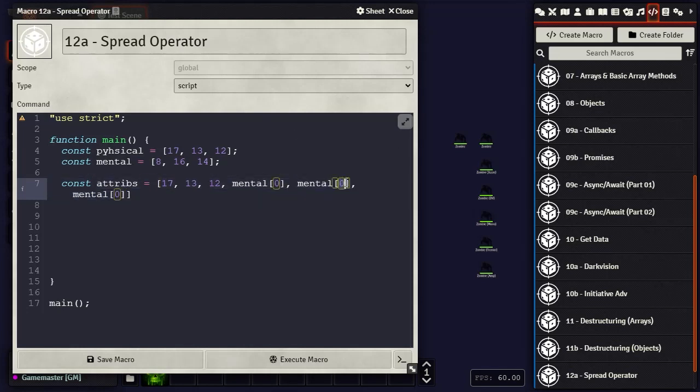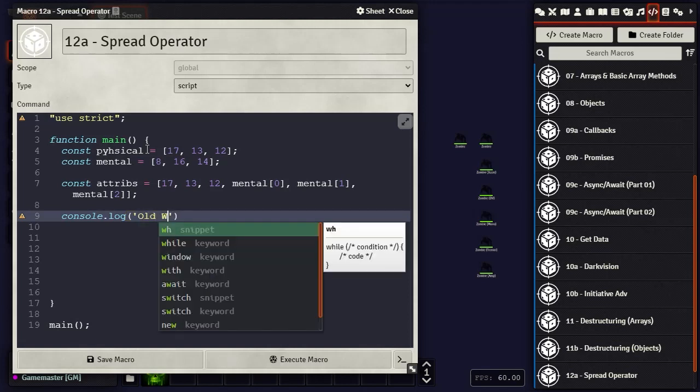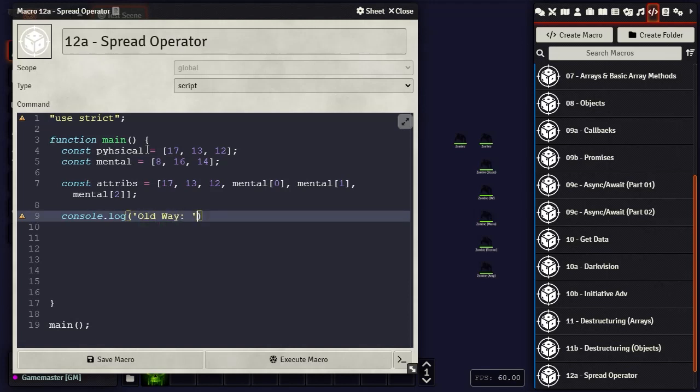So here would be element number 1 and element number 2. So this would create an array that is basically this guy and this guy at the end. But as you can see, it's kind of clunky, it's big, not the best thing. Let's go ahead and we can output this now. Do console log, and we will just call this maybe the old way. Put a space there and a comma, and then we'll just call this